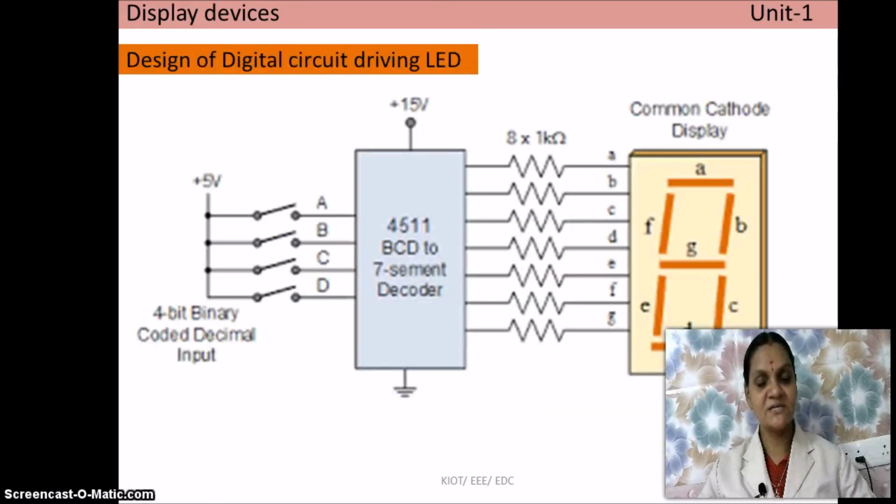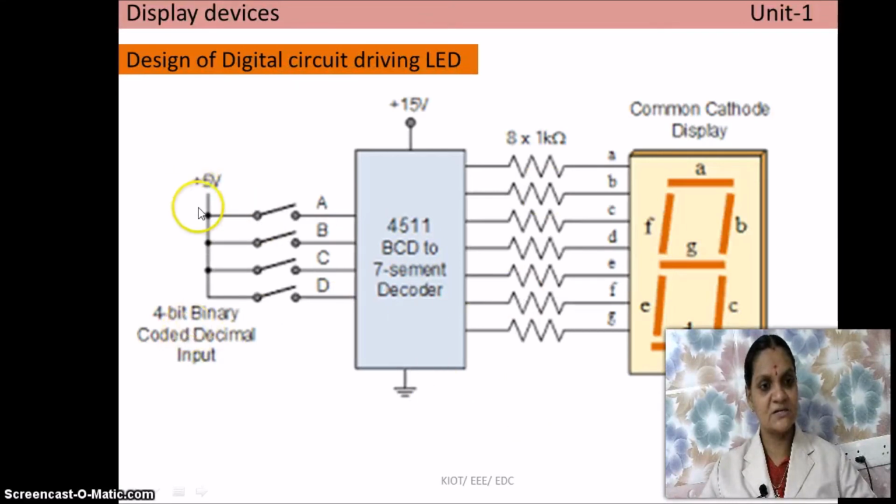And the next one is an additional one. This diagram shows how to activate a 7 segment LED display. See here, in between this is the plus 5 volt supply. This diagram gives information about how you can design a digital circuit as a driver circuit for activating the 7 segment display. We cannot give the voltage directly to the segments; rather, some driving circuits need to be used in between. How to design a driving circuit? So let us see here now.